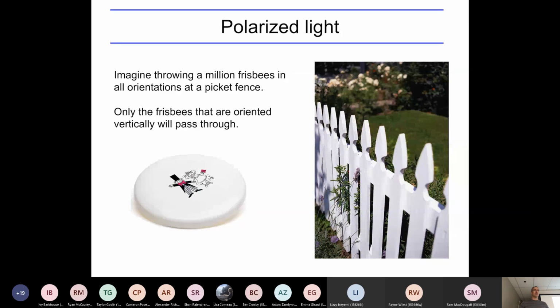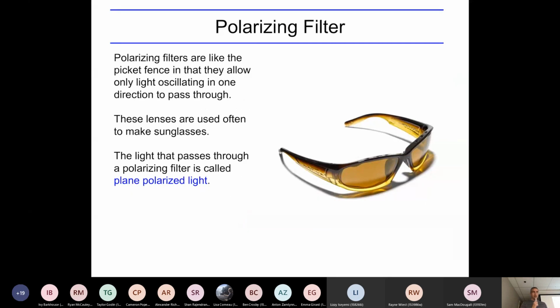And the light that comes out the other side we call plane polarized light, because all of the light is oscillating in the same plane. And you can buy sunglasses like this. When you buy sunglasses, they're blocking light. They can say polarized lenses on them, and they're generally more expensive than lenses that aren't polarized. The polarizing ones are, in my opinion, better